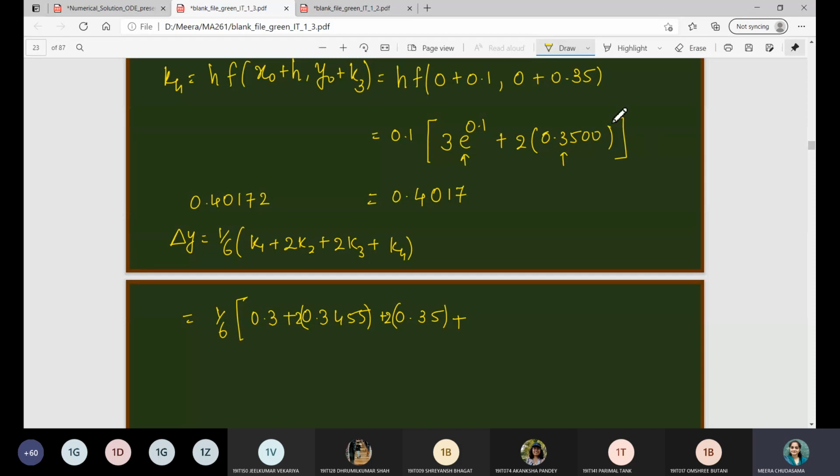Those who evaluate this directly, in that case you rounded off only once. But if you compute e raised to 0.1 and multiply with 3, and round off that answer, then round off a second time, it will take a 1 or 2 decimal point correction in the 4th decimal point. Okay, I will advise you to round off only once, meaning evaluate the entire expression and then round it off, right?